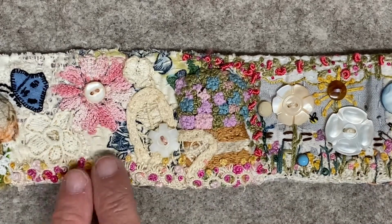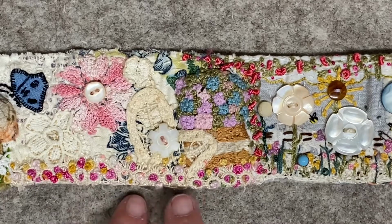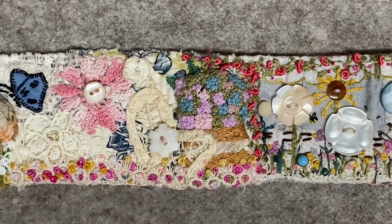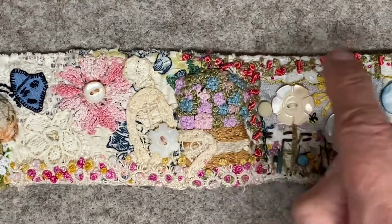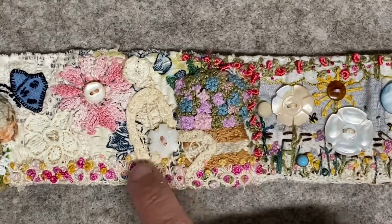Okay, so in here, just a little pretty area with little flowers and stuff. This is that beautiful. I did several Steph Francis things in here. Like this is some of their, I think it's a rayon. Oh, it's so beautiful and it shines out. Same thing up here. This is some of their thread. I made a little